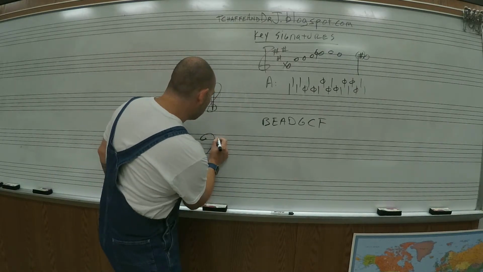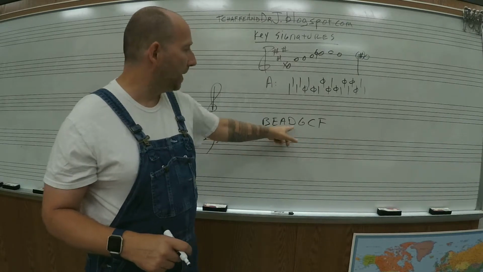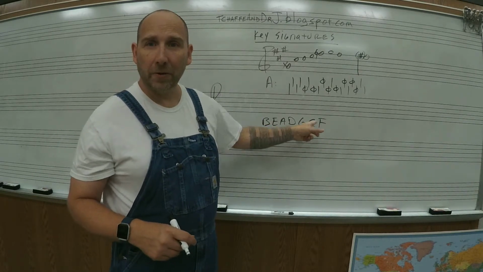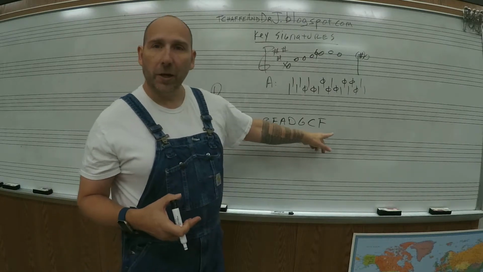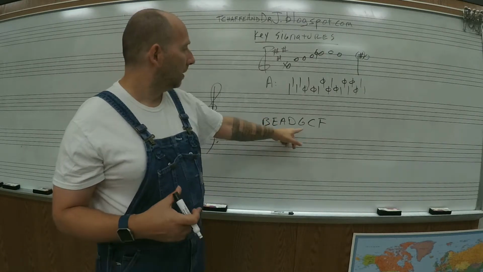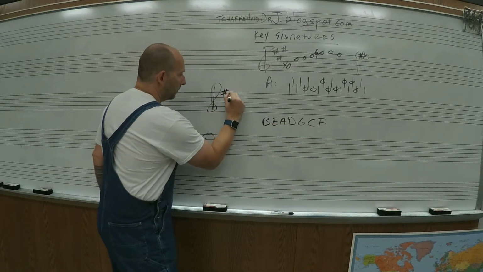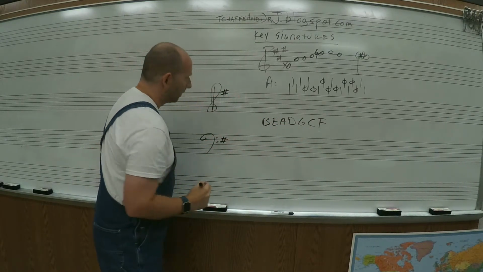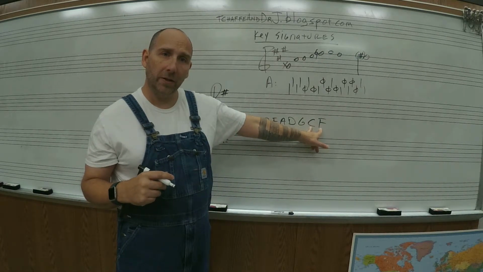So if you need to write sharps, you can use the same thing. BEAD, the word bead with greatest common factor is an easy way to remember it. But if you want to do sharps, you just go the opposite direction. So one sharp is F sharp. And so you put on F sharp. And you continue. If you need two sharps for the key of D major, you're going to use F sharp